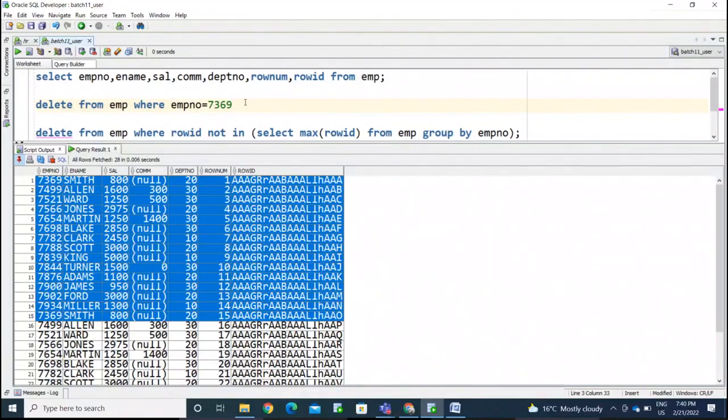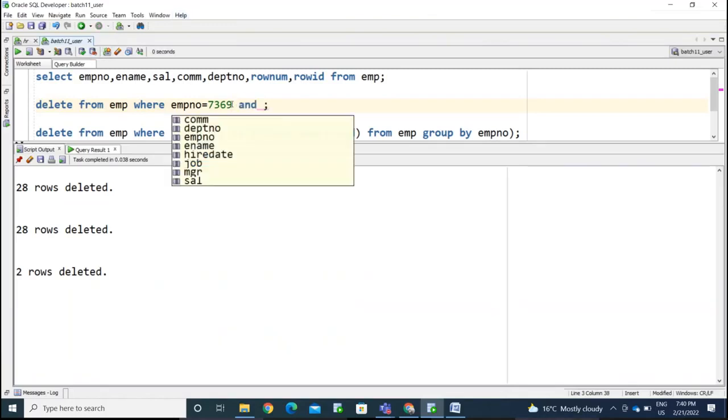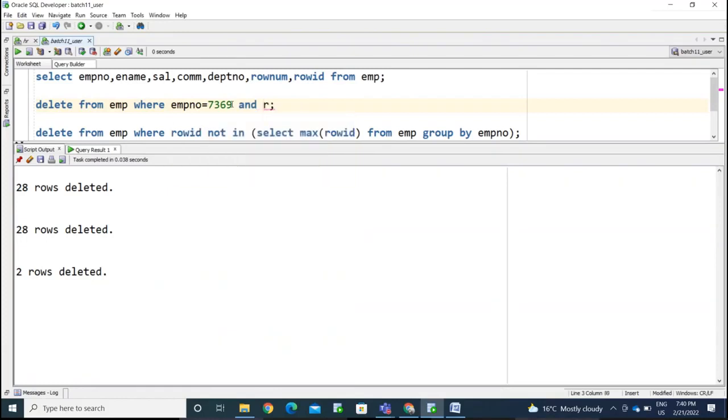Now if we use this condition, it deletes the two records because we have two records with the same employee number. So it is deleting the two records. Now I am rollbacking. Okay, now I'm mentioning row num equal to 1. Row num equal to 1. So you cannot say like,